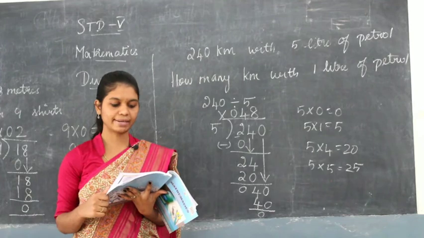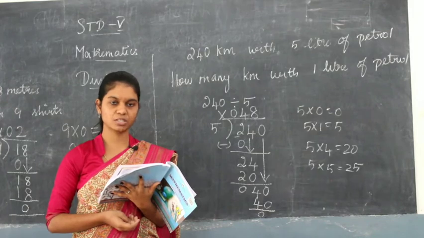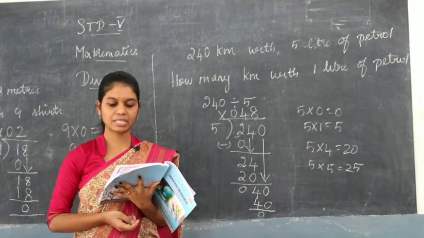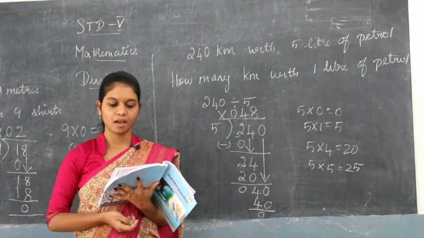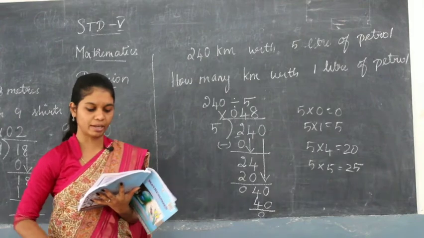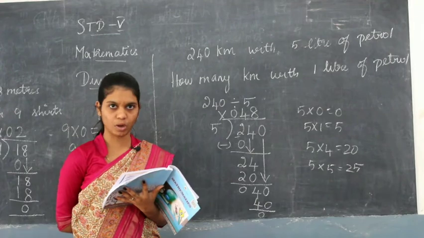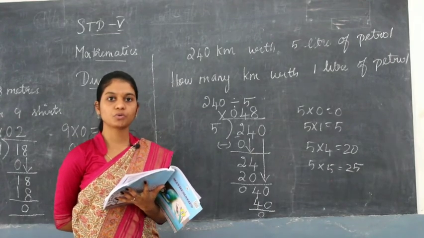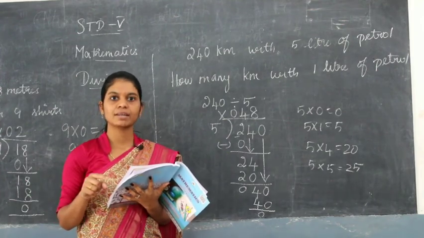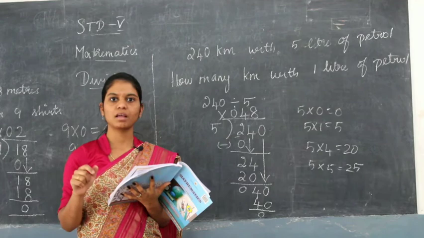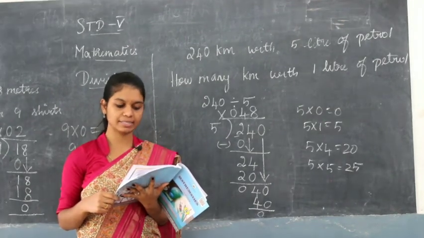Okay, so first I'll read the third question and I'll make you understand it. Mr. Siddharth purchased 11 toys of same price for rupees 946 from a toy shop. Find the cost of each toy. Okay, so what he did is he gave rupees 946 for 11 toys. So to find out the cost of one toy, what you should do is you have to divide 946 by 11.